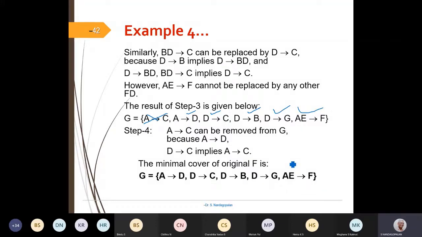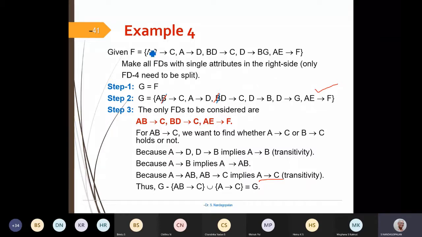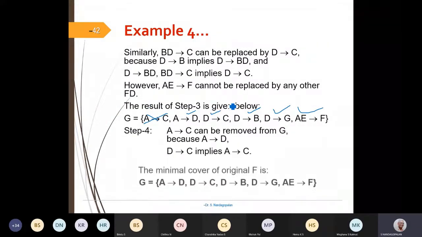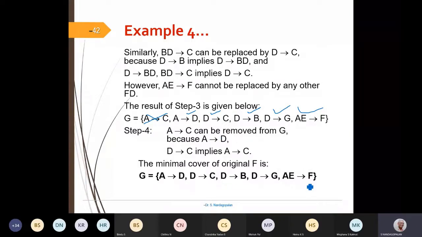Correct. So now you can see that from these many FDs, I've reduced it and come to a very simple one. The reason is that the simpler kind of FDs you get, which retain the constraints of the original relation with so many attributes, that even if I decompose, all my dependencies will be retained. The preservation of the dependencies will always be tight, and decomposition of this also will be very easy.